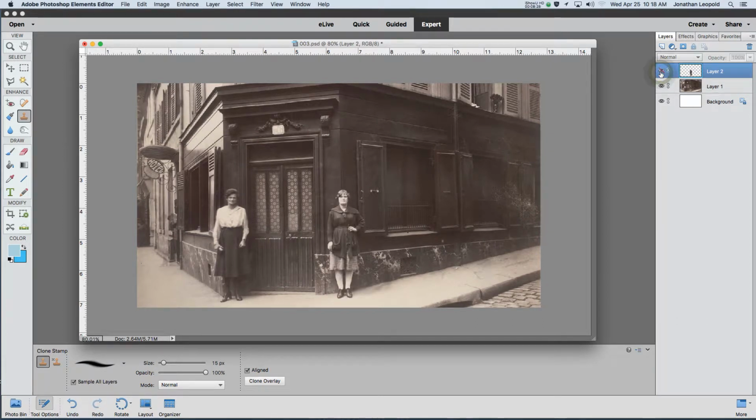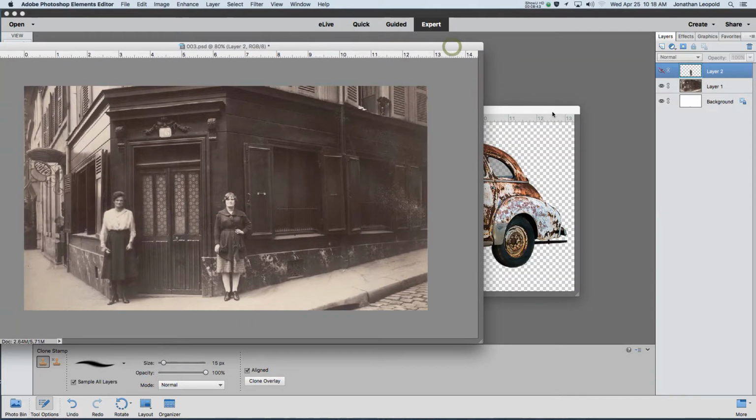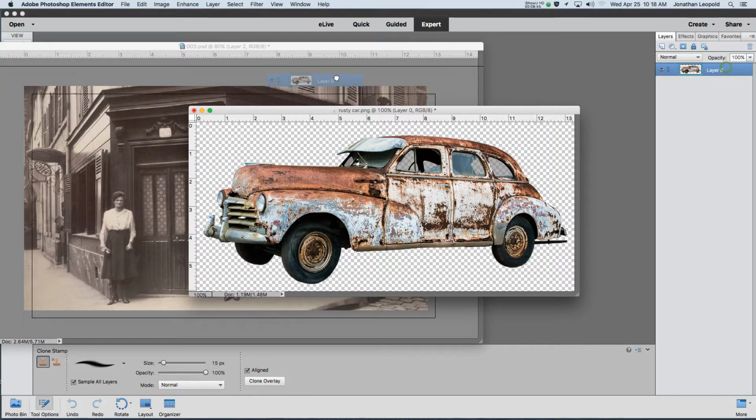I've already cut and pasted her, copy and pasted her, right, onto another layer. This is what the original image looked like, and so now if we can make her disappear, move around, or whatever we want to do. All right, so first we're going to, let's bring this car in here,